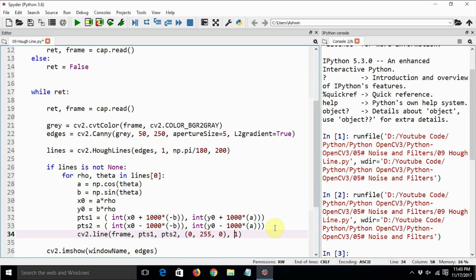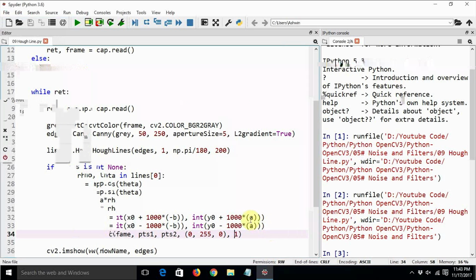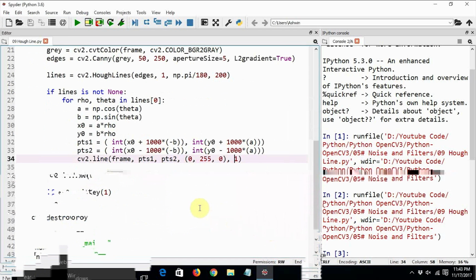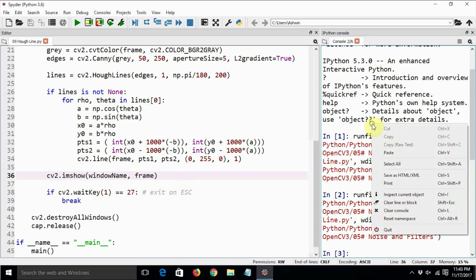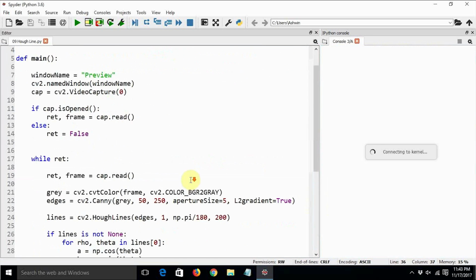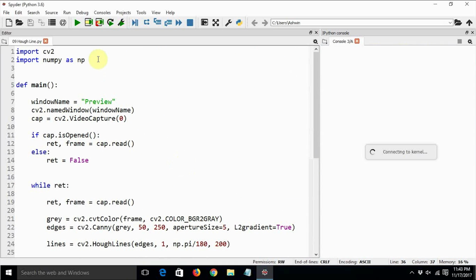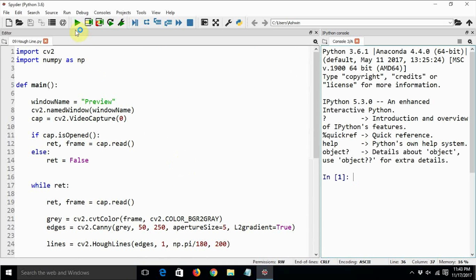Let us execute this code and see what the output looks like. We just need to modify this thing, frame. Okay, so the program looks perfect. There are no errors or warnings as of now. Let's execute it in real time and see how it looks.